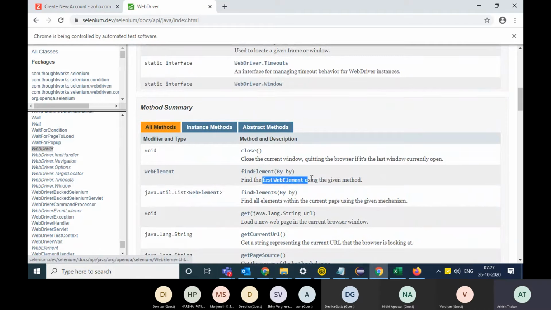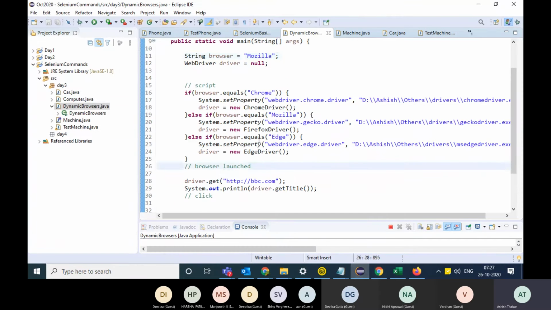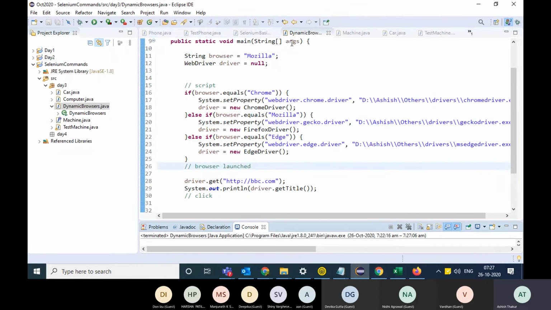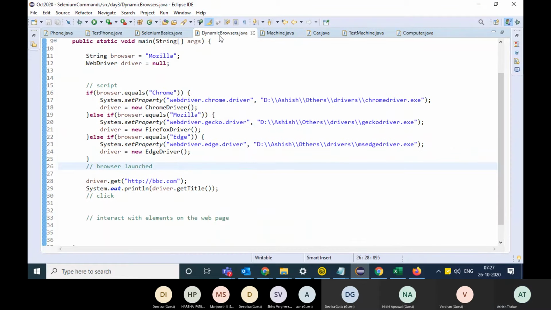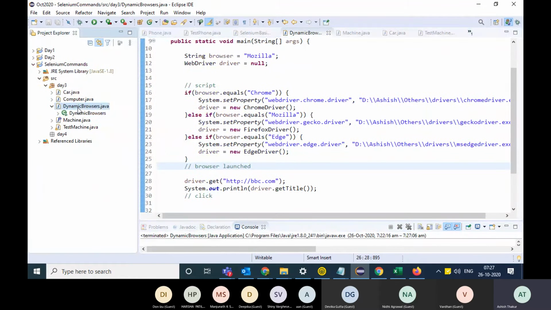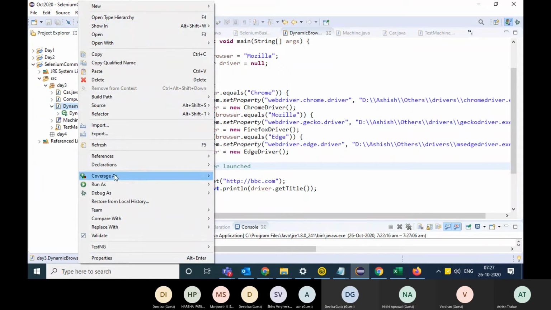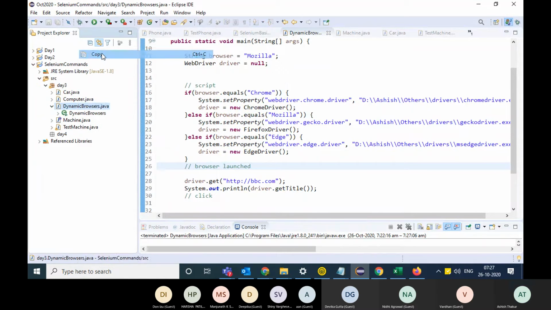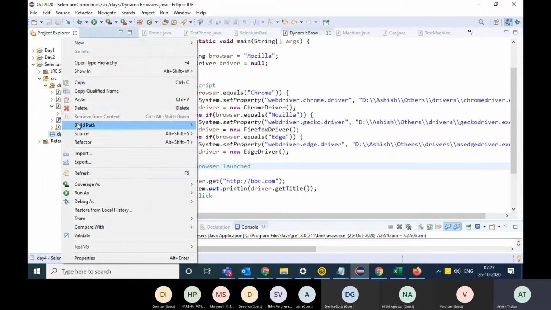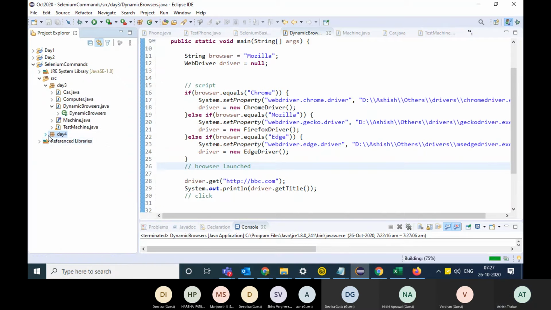This finds the first web element. Okay, so if you just look at the code which we wrote that day, I'll just copy this file into day 4.